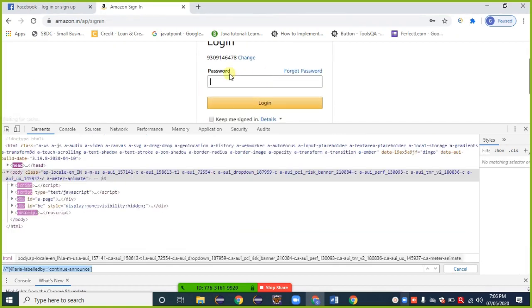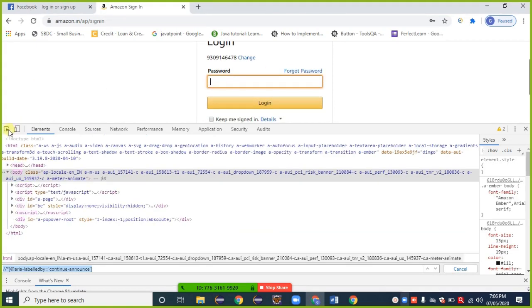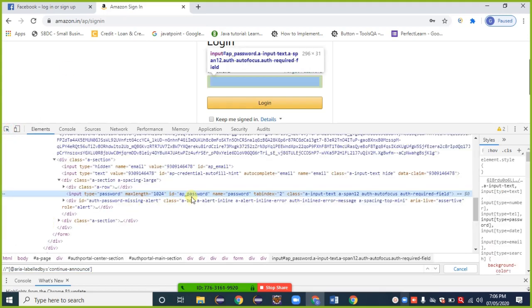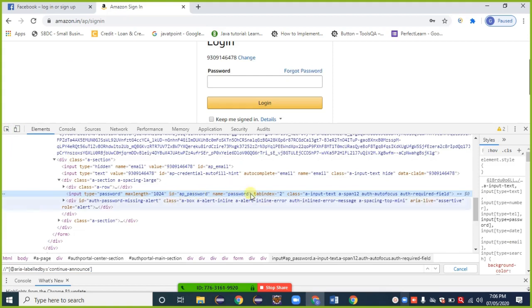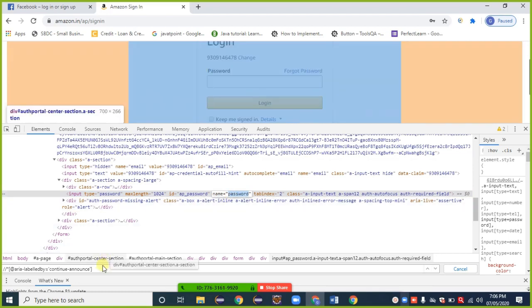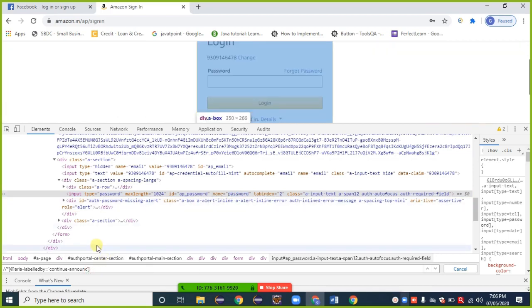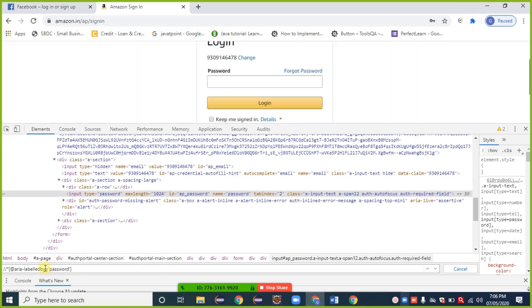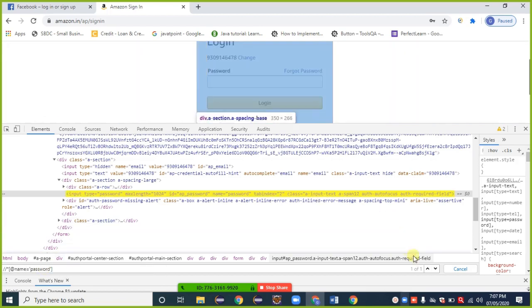Next step, we need to provide a password here. So inspect that password field. This one is given for password. I can go with any one. Name is available, password. Control C, Control V. Name, 1 of 1.